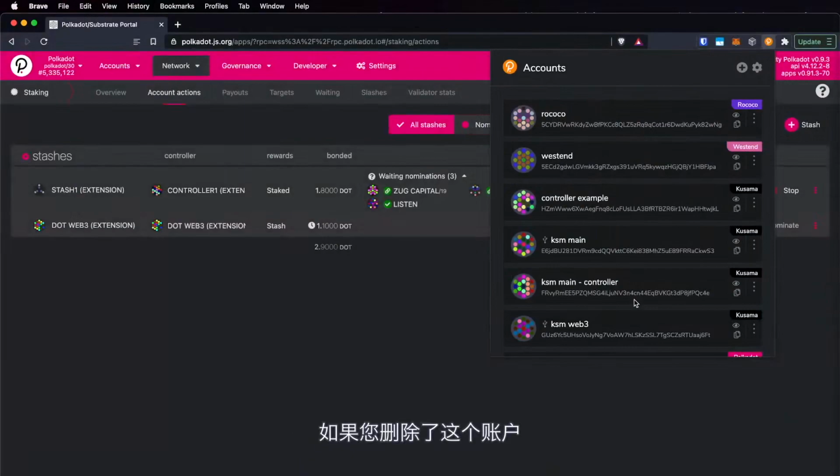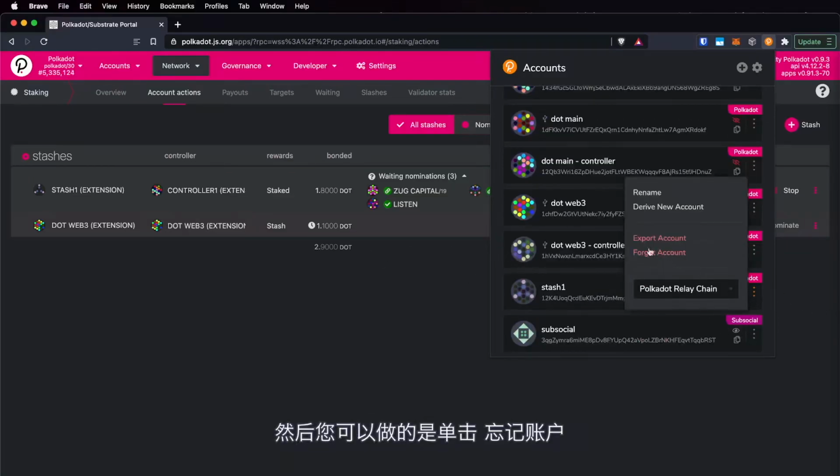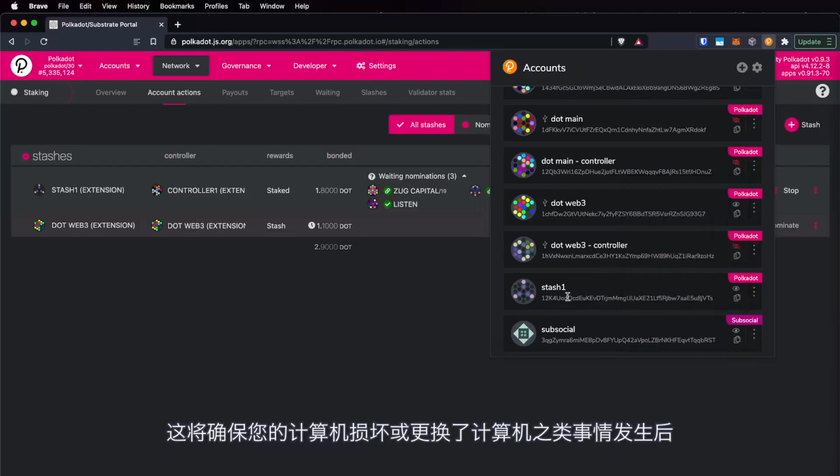I repeat, if you forget this, if you delete this account and you don't have that written down, you will not be able to access these tokens ever again, which is very bad and very sad. So make sure you have that saved, and then what you can do is click forget account. And what this will do is make sure that if your computer is ever compromised or anything like that,